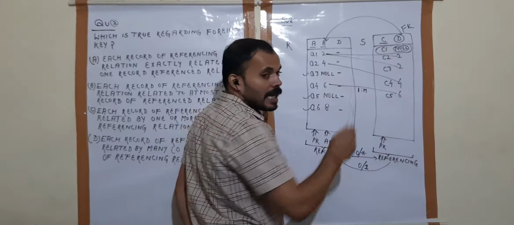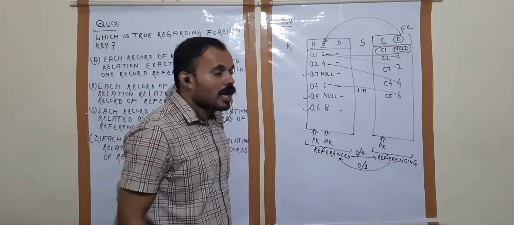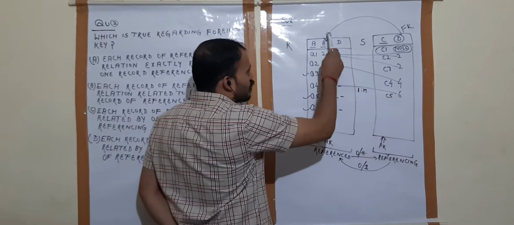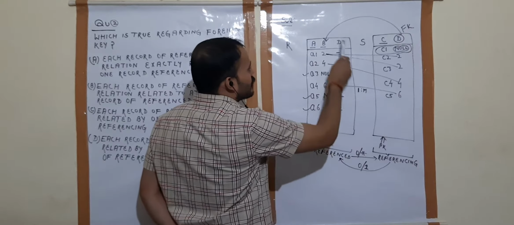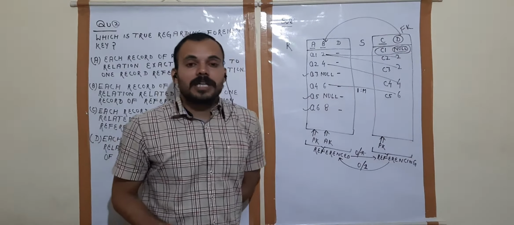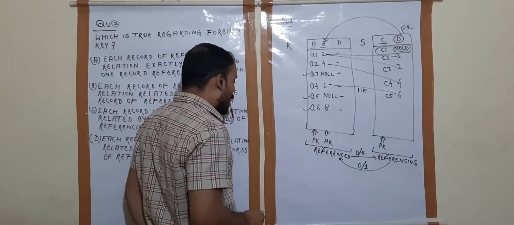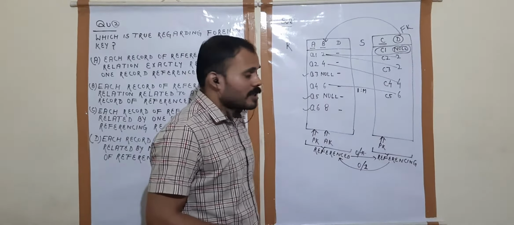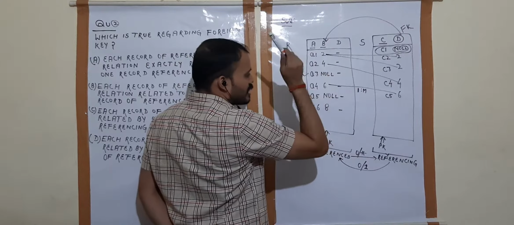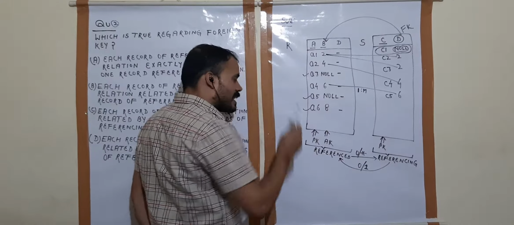So this 4 is allowed. Now this 6 is also allowed. Why is this 6 allowed? Because this 6 is also present in the alternative key B. So this 6 is allowed. This 6 is also present in the alternative key B, so this 6 is also allowed. Now see here, there is mapping. What is mapping? This 2 is related to this 2, this 2 is related to this 2, this 4 is related to this 4, this 6 is related to this 6.